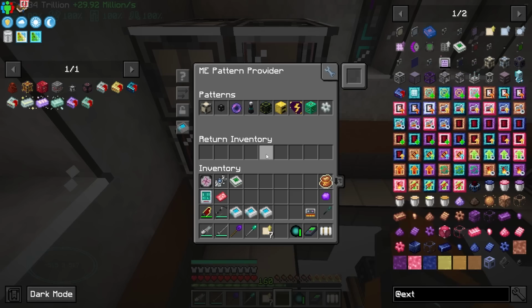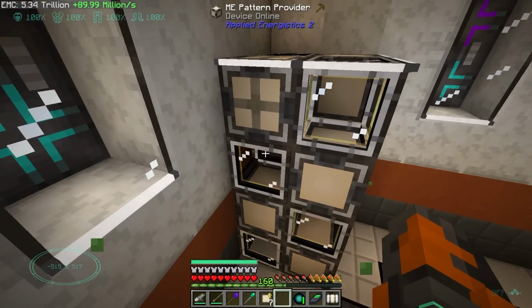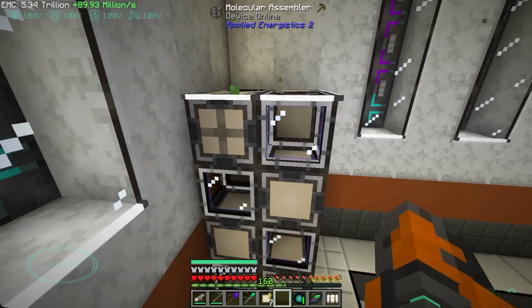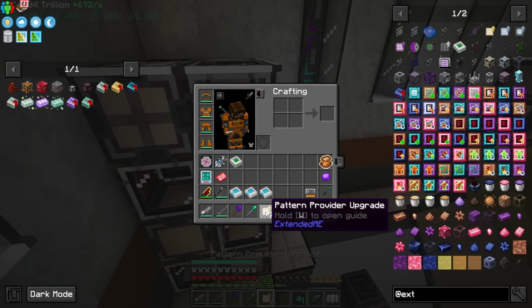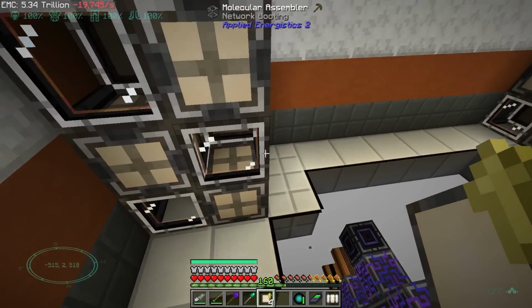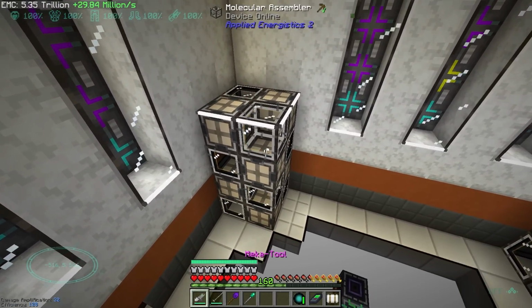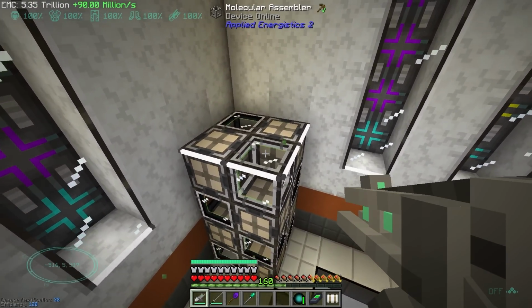extended versions. So this is a normal pattern provider. This is the slots we have. This is an extended version. So yes, we get 3 more rows of slots, which is way, way more. And you can use these pattern provider upgrades to just directly upgrade the versions that you already have. I think the only downside in this is that, well, we have to do all of the molecular assemblers by